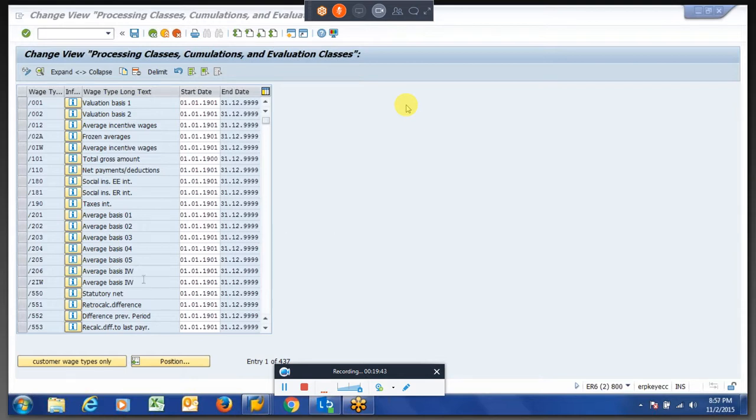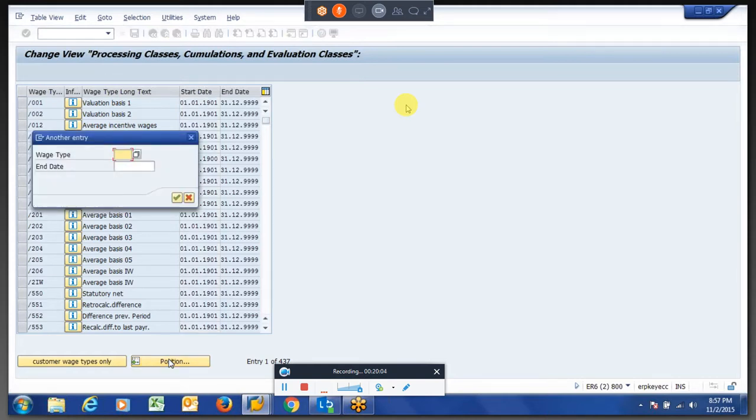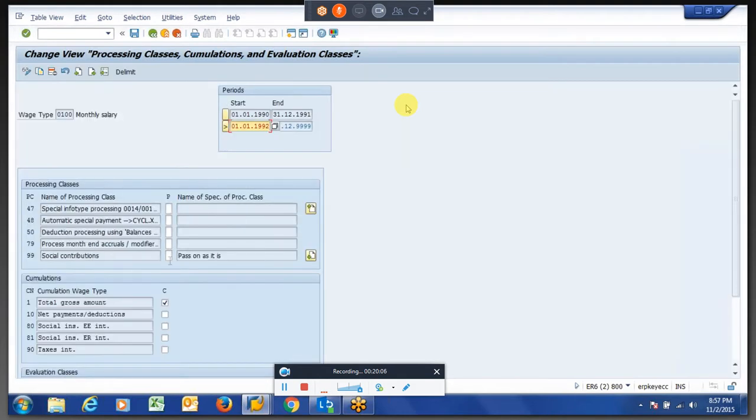If you go to our wage steps, say the custom wage steps, we have base salary, and you can see a processing class, whatever we created, if configured correctly. When you are creating a processing class, definitely we should create it for a blank.